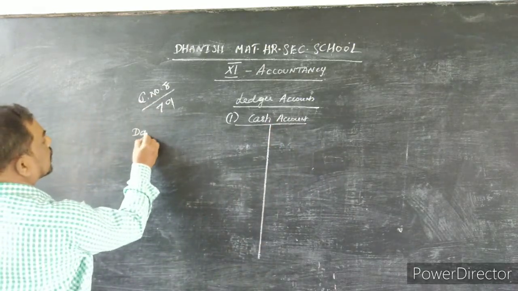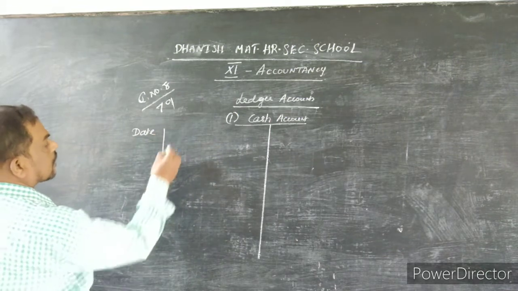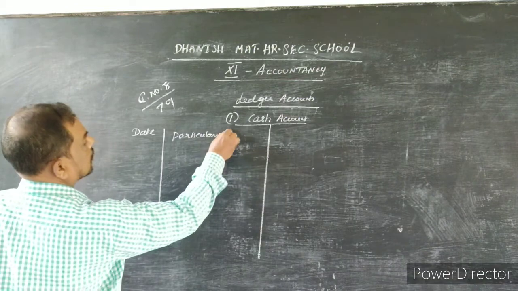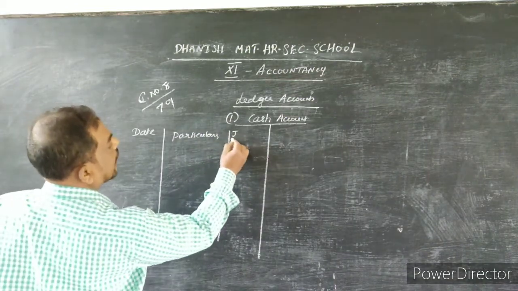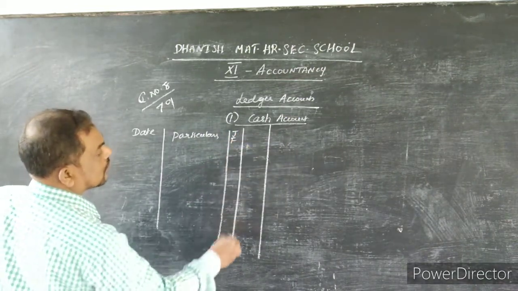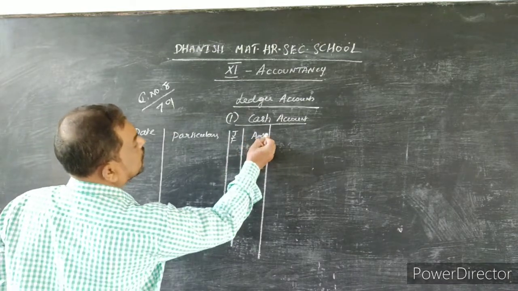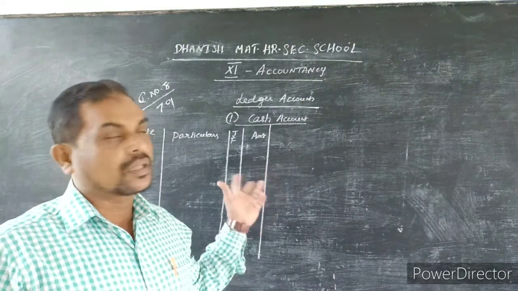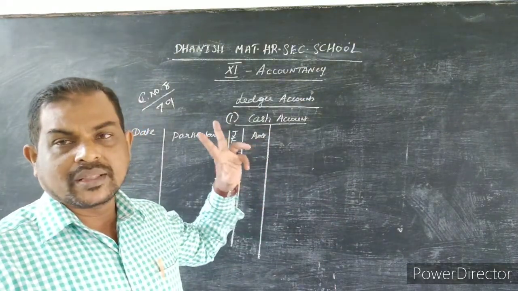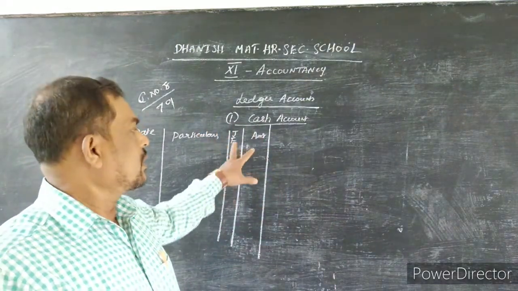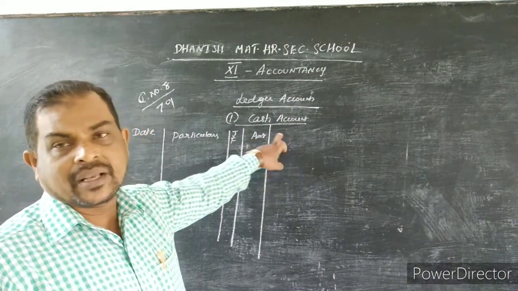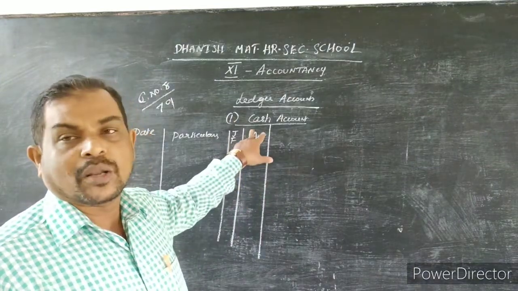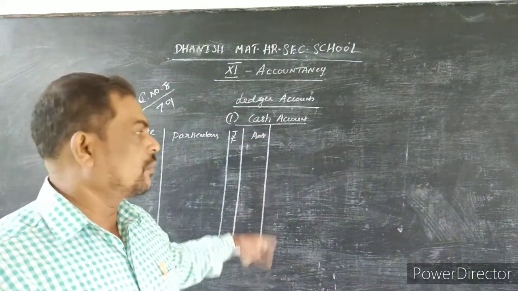So here date, particulars, JF, that is journal folio. This is amount in rupees. I already told you there will be two amount columns in the ledgers on both the sides, but you have to use only the second column of the debit side. That is, one debit column, one credit column will be there. Debit column, amount column, you just leave it off. Credit, that is the second amount column, you can use for amount.